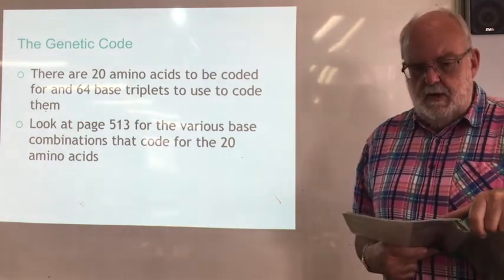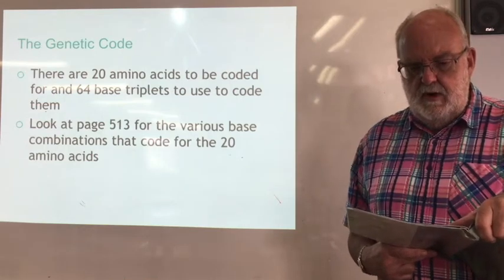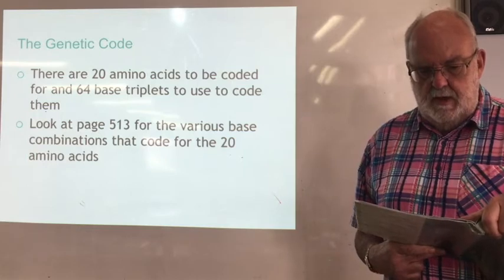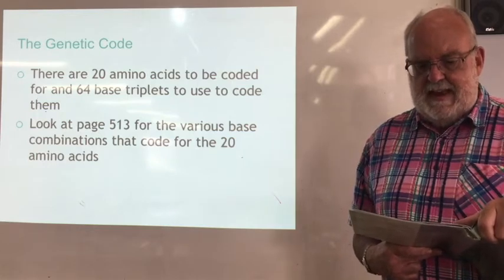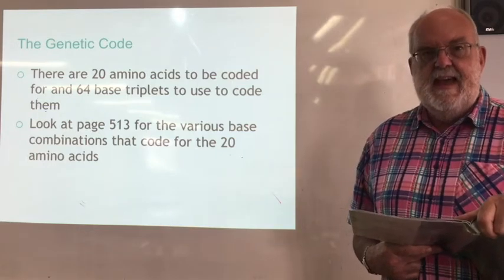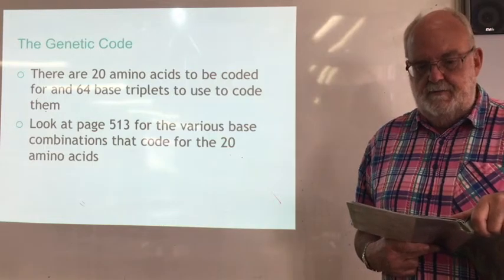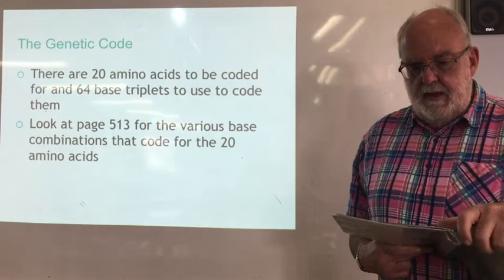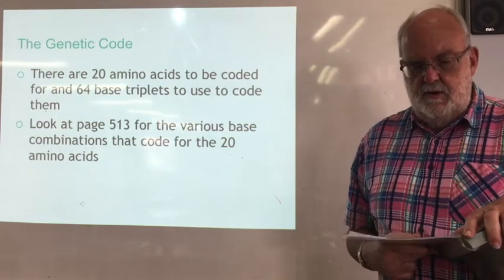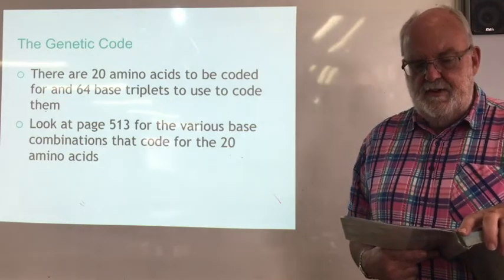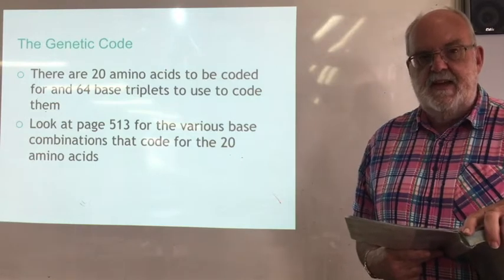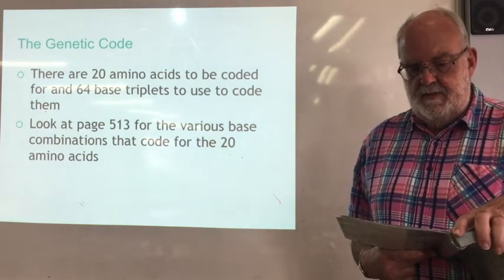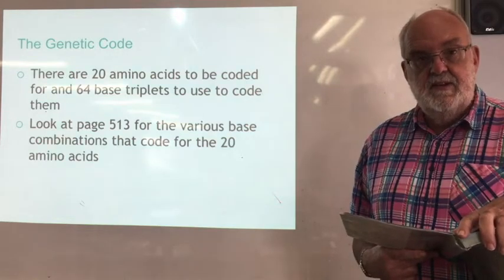The way the code works is that you look for the amino acid that you're after. Let's say, for example, we're going to be looking at valine, which is VAL, which you find at the bottom of the first column of amino acids. The way you read the codes that will make valine is you start off with the letter in the first position, which is on the left-hand side of the chart, and in this case it's a C, standing for